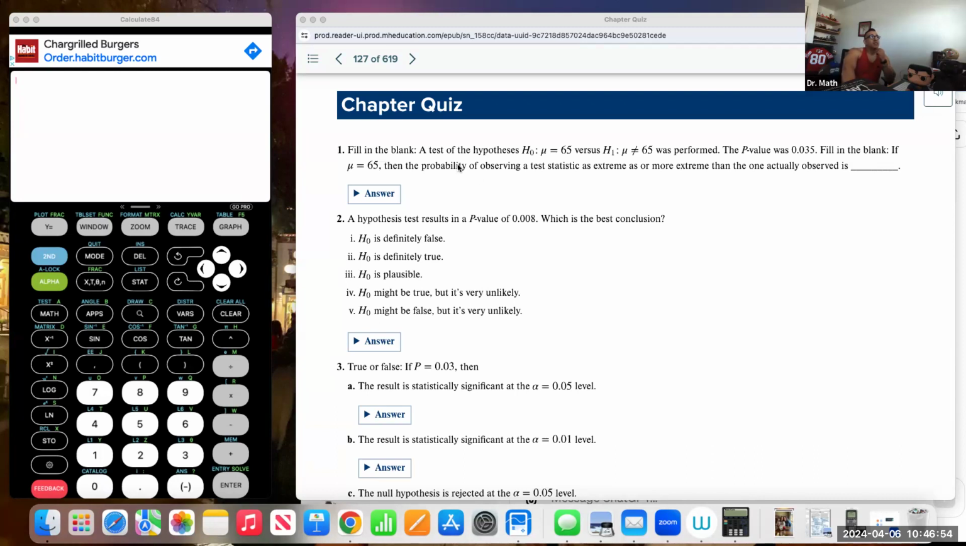All right. And so let's look at some of these questions. So this first one's a fill in the blank. So a test of hypothesis H naught mu is equal to 65 versus our alternate hypothesis. Many of you, if you're not in my class, you might be using H sub A, same thing, right? Our alternate hypothesis, mu is not equal to 65, was performed. So here we're saying we have a two-tailed test. Here we have a pretty small p-value of